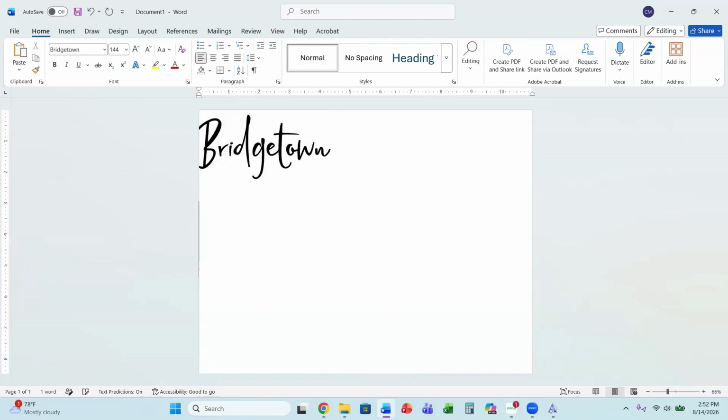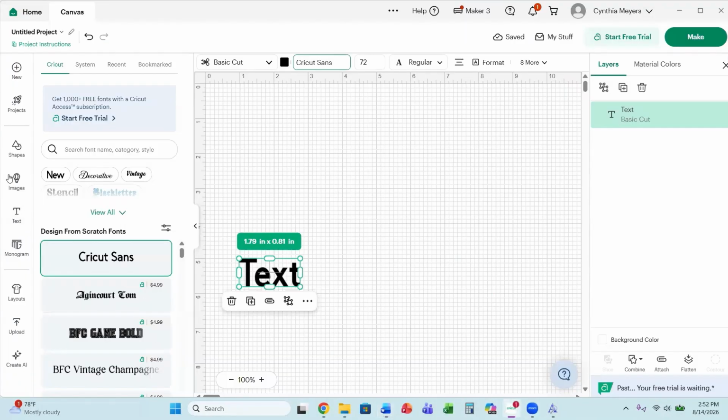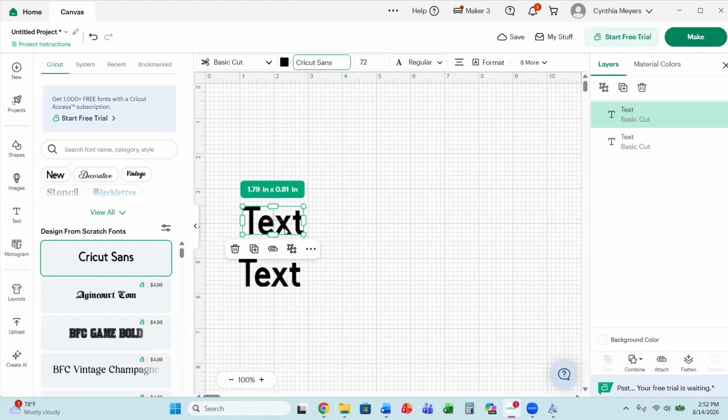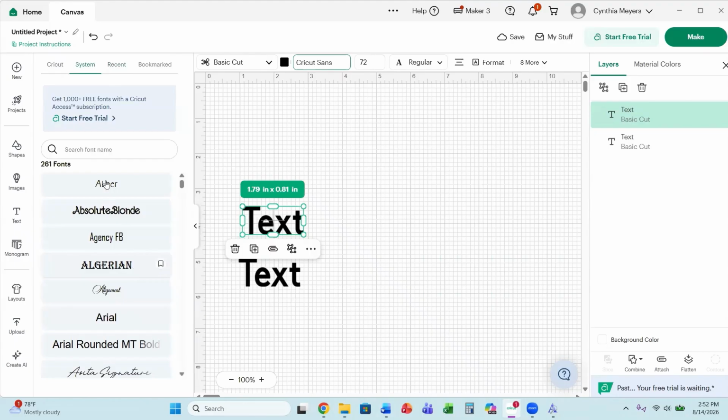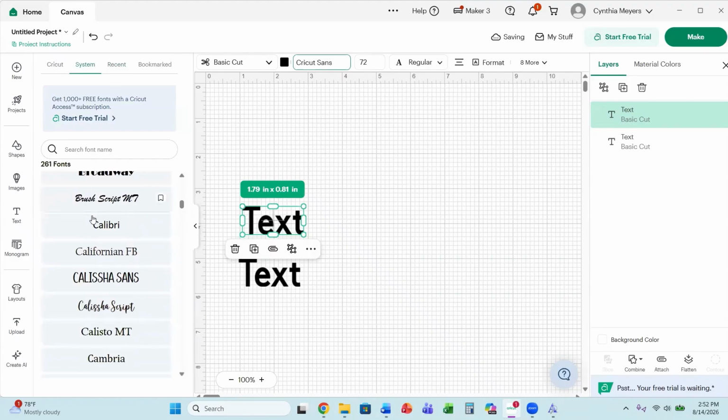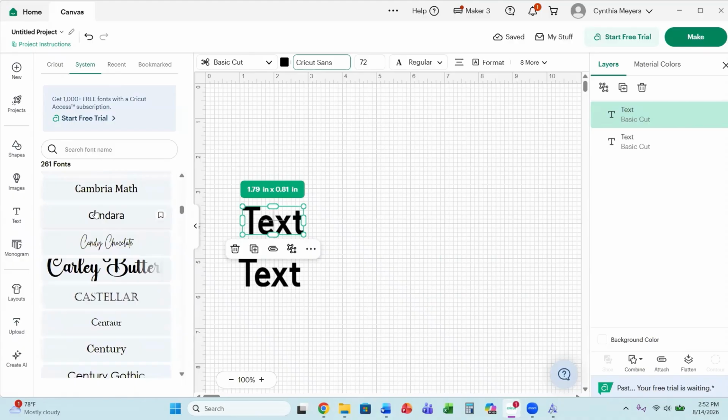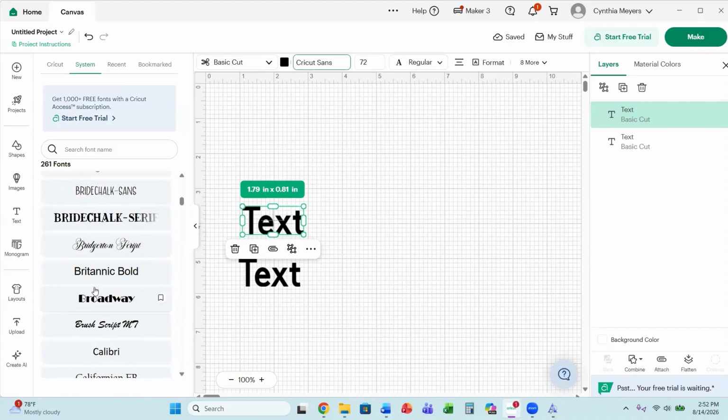So now let's go to Cricut Design Space. And so you would just hit a text box here and add a text box like I did already. So I could delete one of these, but we'll just use this one. So highlight your design and you can see that it came in as Cricut Sans here. So all you do is you go over here to the left and you see Cricut, System, Recent. Well, if you go under System, you can see all of the fonts that I have uploaded into my computer, but you're not going to see Bridgetown yet because I downloaded this